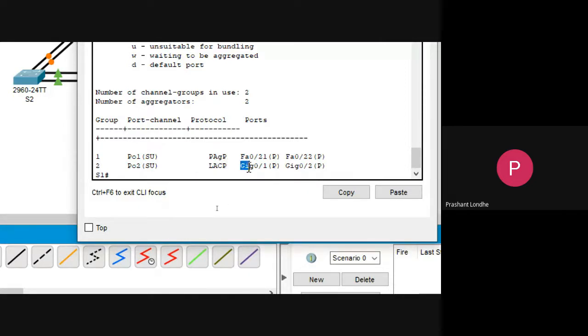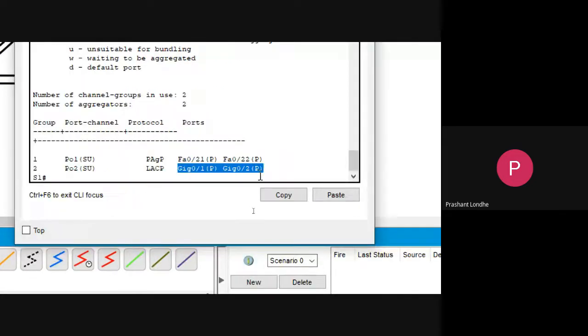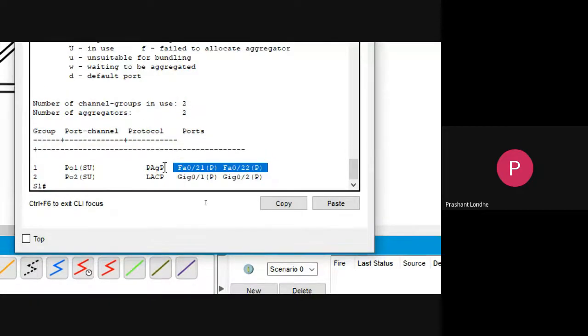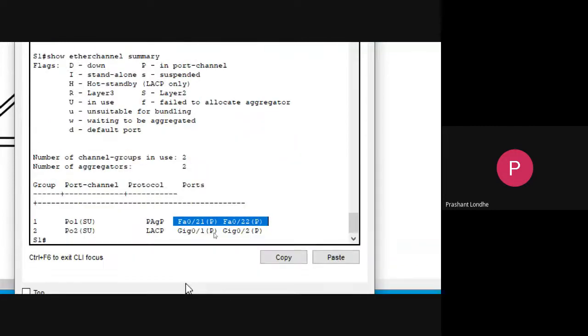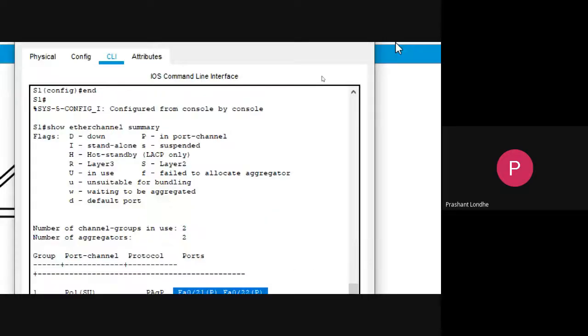You can see the ports over which you have connected: GigabitEthernet 0/1 and 0/2, and the FastEthernet ports 21 and 22. So successfully we have implemented two protocols or two links. One is a PAgP link and another is a LACP link.